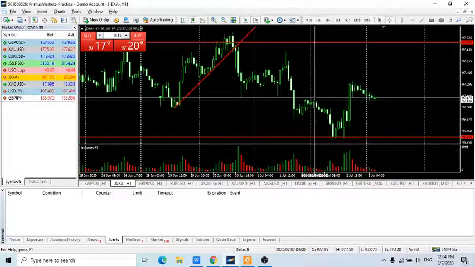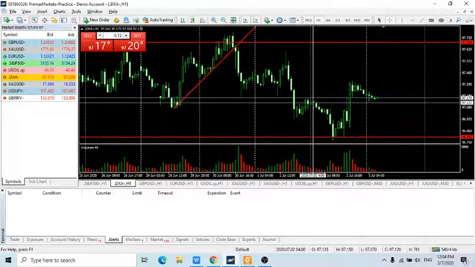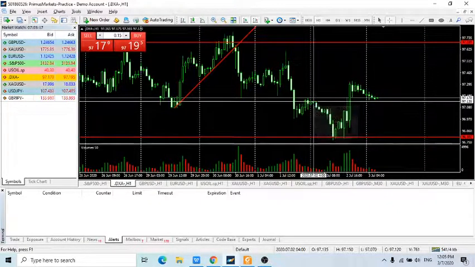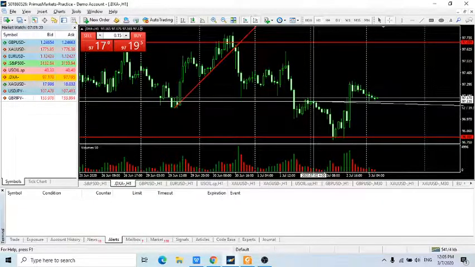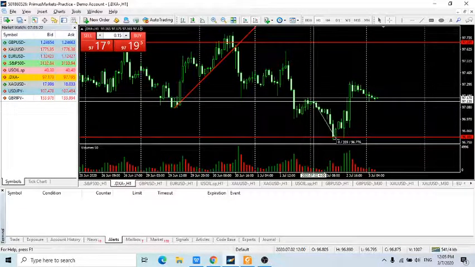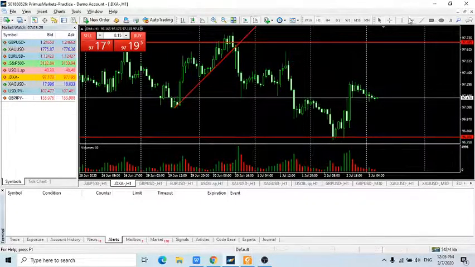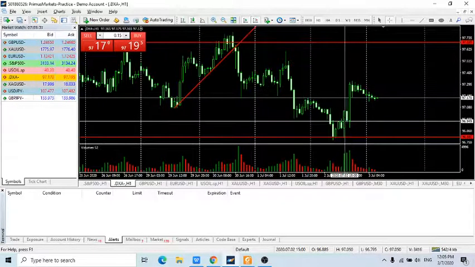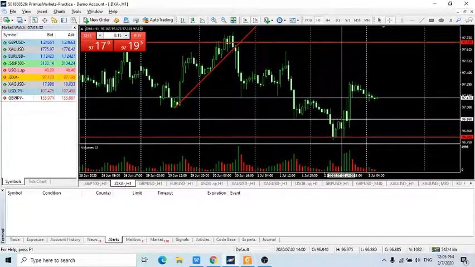During yesterday's Asian trading session, as early as when you put a cursor here, you will see the date, month and day, and also the time, 400 hours. This is the broker server time. So if you're in Singapore or Malaysia, you need to add 5 hours to this. So 4 plus 5 will be 9 a.m. local Singapore and Malaysia time. The US dollar moves down from 97.135 all the way to a low of 96.776.